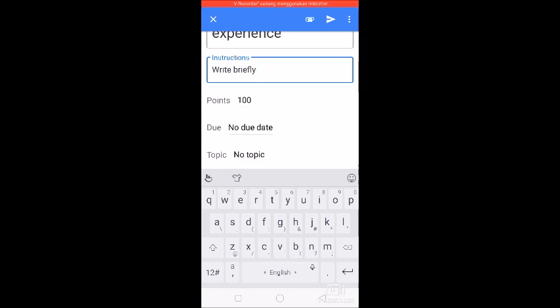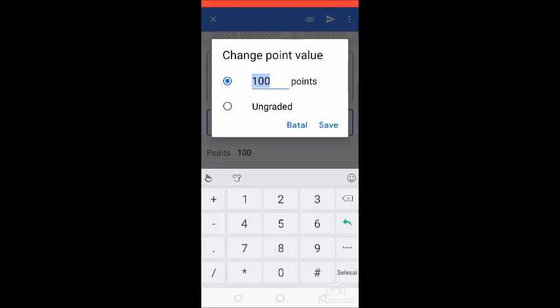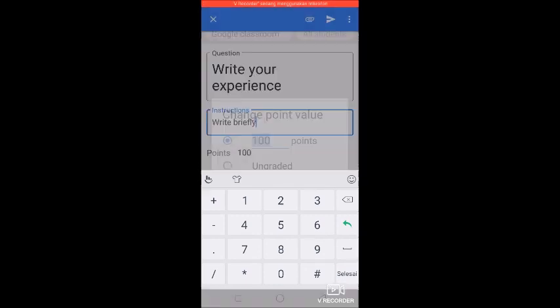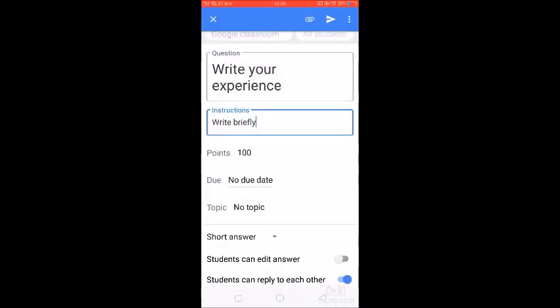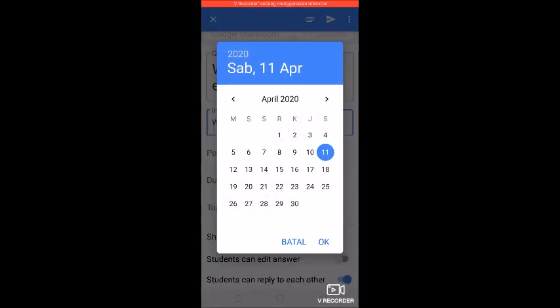And you can also set the grade. There are two choices. It can be 100 points or ungraded. You can also set the deadline for the student to do the assignment. For example, the deadline is 16 April. Then click OK,